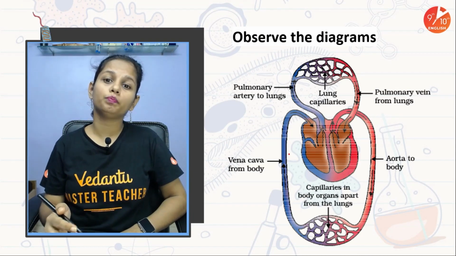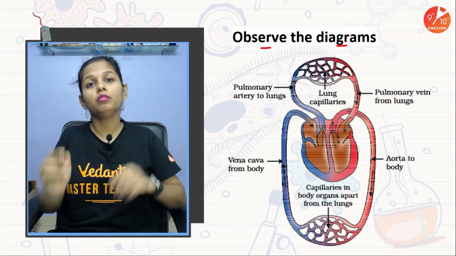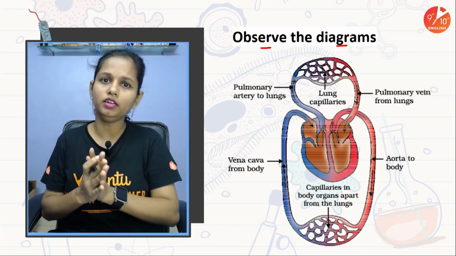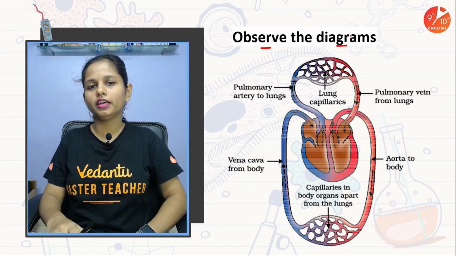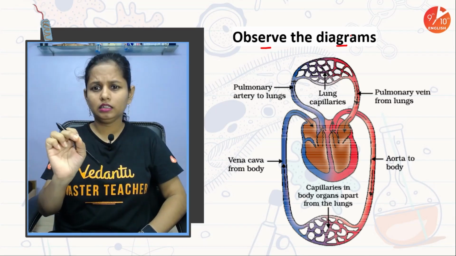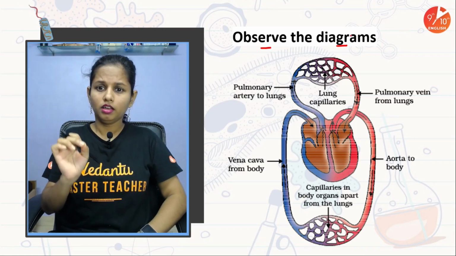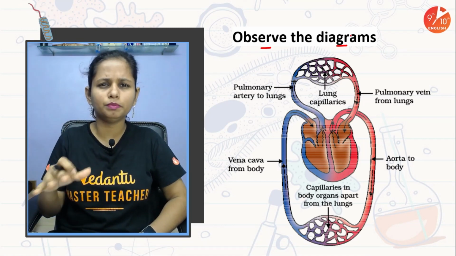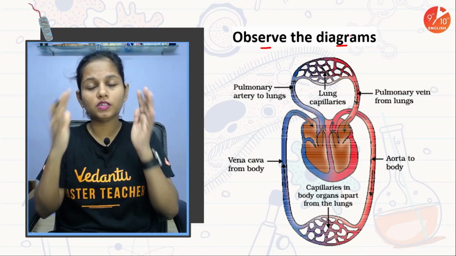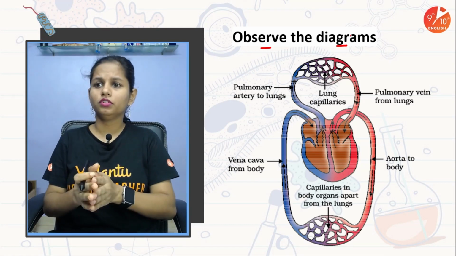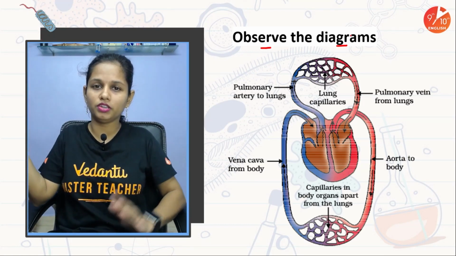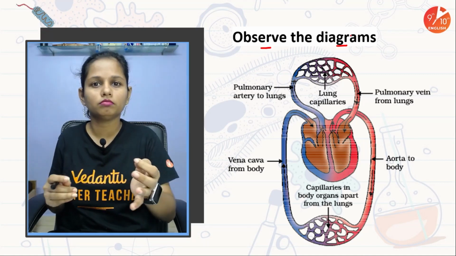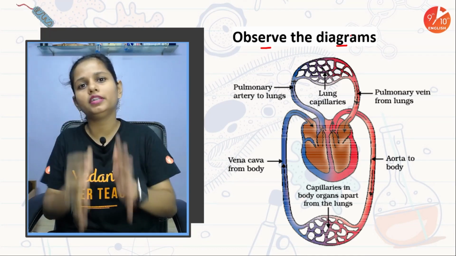Then children, tip number 2, observe the diagram carefully. Each and every diagram that is there in the book, observe it carefully. Okay, now when I say you need to observe it carefully, see each and every part, and identify which part is going where, where it is connecting, what is its function, purpose, everything. Basically first observe the diagram carefully. If you are that enthusiastic that you can have a notebook handy and you are trying to sketch out those diagrams, well and good. But if not, at least observe the diagram carefully.